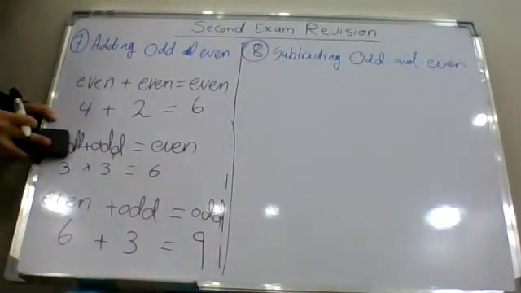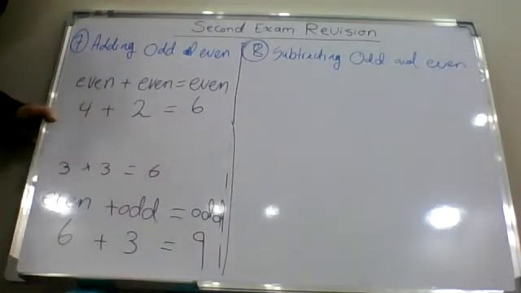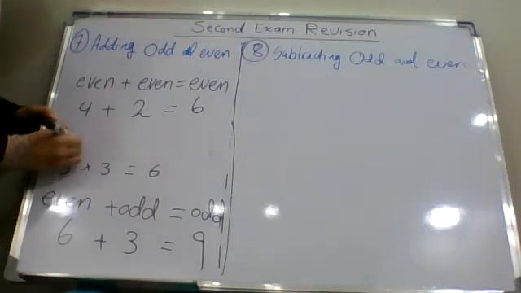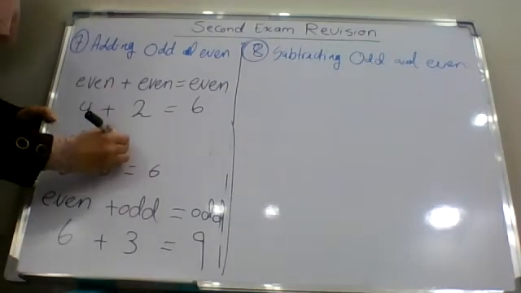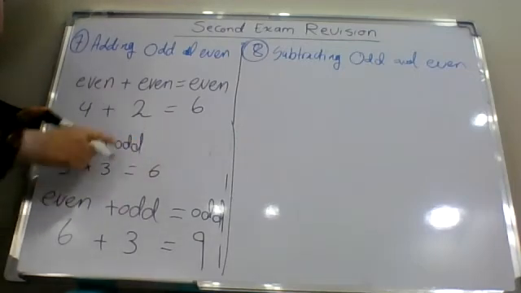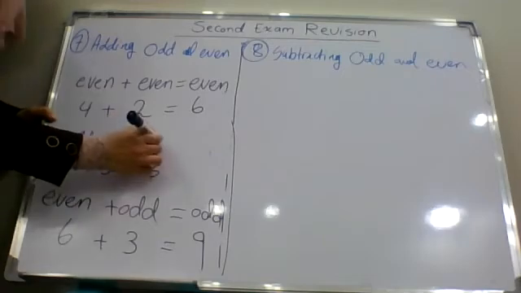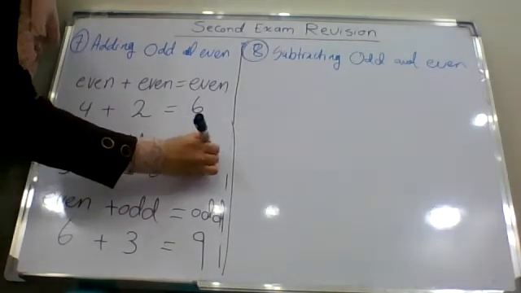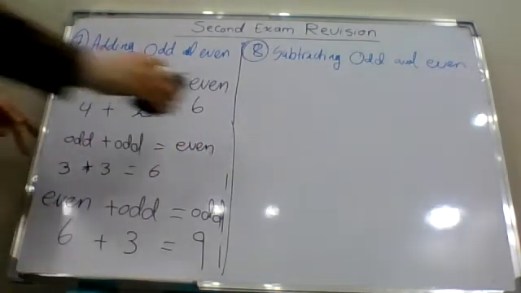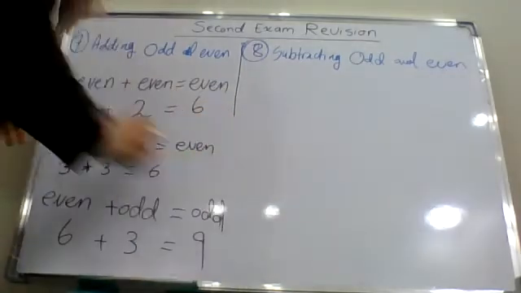Here, just let me fix this, please. Plus odd. 3 odd plus 3, which is another odd number. The answer is going to be an even number, okay? And I have here,